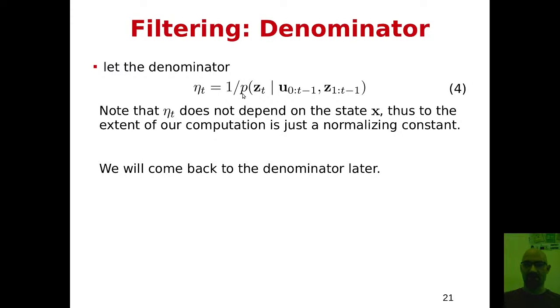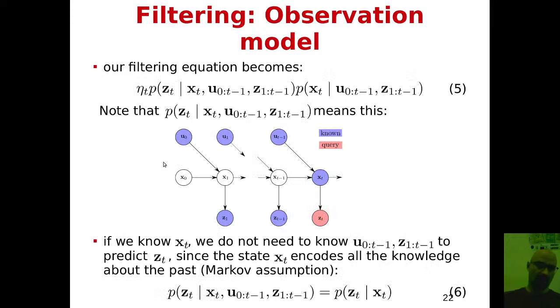So being just a number, we could replace it with a constant, which we will call eta. And given that we do not like to carry on fractions in our derivation, we will assign to eta the value of 1 over p of z of t given all the controls and all the measurements. Now, we could rewrite the equation before as equation 5, where this eta takes the role of the denominator, and then